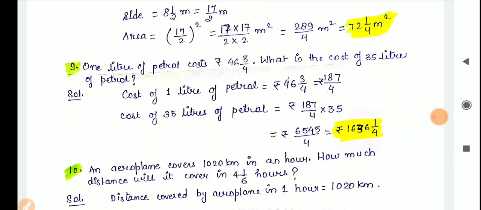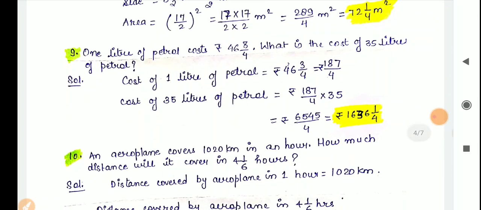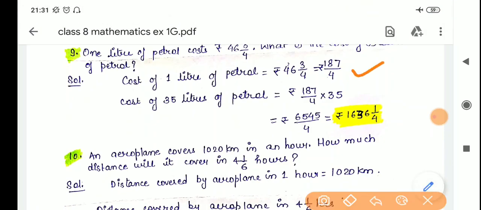So here in this question, 1 liter of petrol costs rupees 46 complete 3 by 4. We have written cost of 1 liter of petrol, that is rupees 187 by 4. Clear? Then cost of 35 liters of petrol is, we will simply multiply 187 by 4 multiply by 35. Now we cannot cut it by any number, it is not divisible, so we will simply multiply. So the answer will be